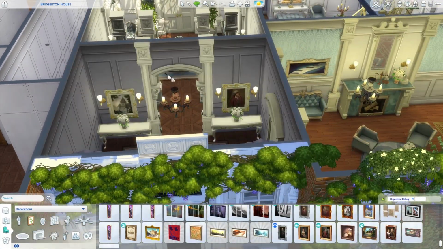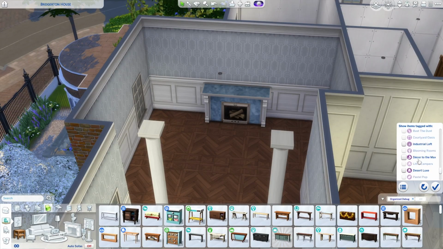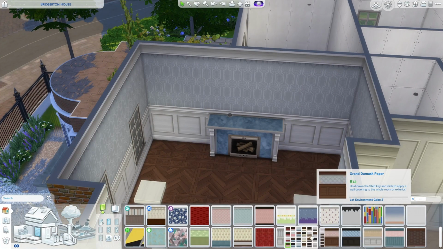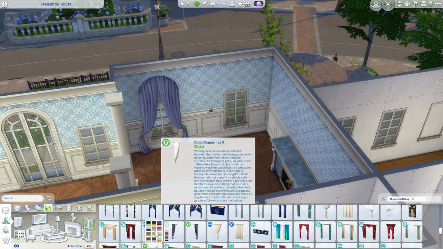Moving upstairs in this build, I am now doing the main drawing room in the house. I believe it's called a drawing room. I've also heard that it's called a withdrawing room, like where you withdraw from the day, but I don't know how accurate that is because I heard that on TikTok, and don't believe everything you hear on the internet